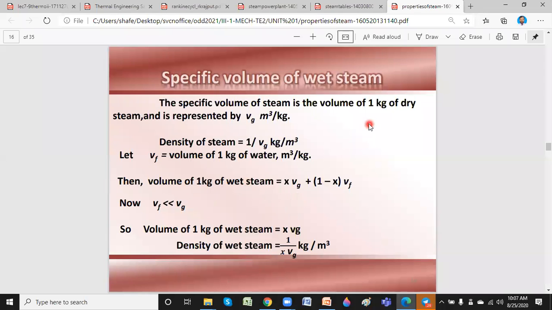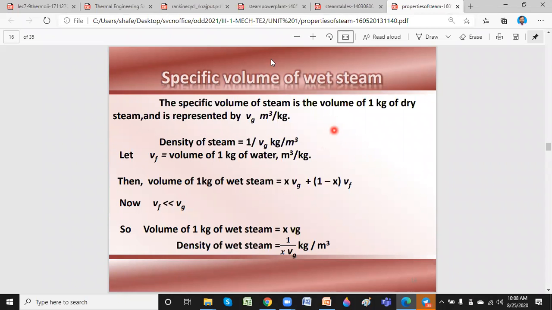Similarly, for the entropy of wet steam we have a relation. All these relations I'll prepare and send you as a PDF for your reference. So that's how the different properties of steam can be read. It's very easy. You can find them for liquid as well as the dry line or liquid line. Wet steam you have to calculate, and superheated steam you have to calculate separately.